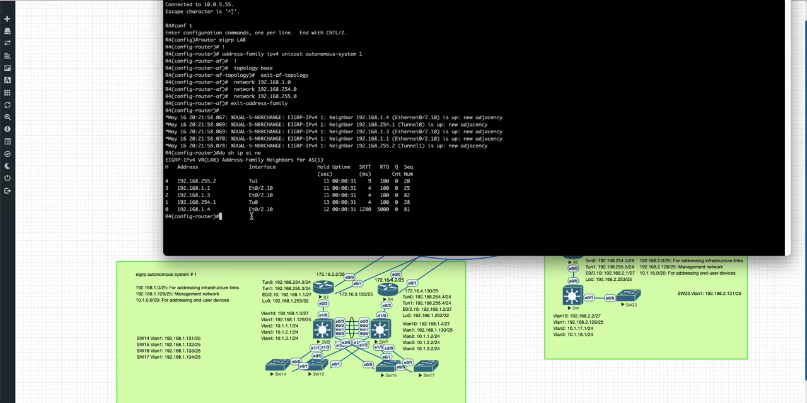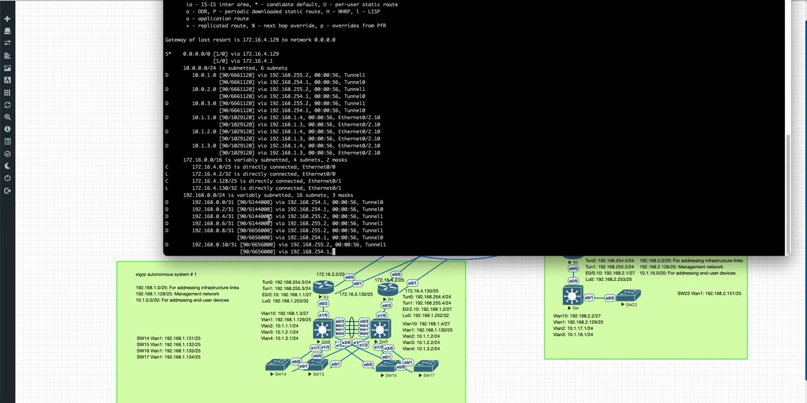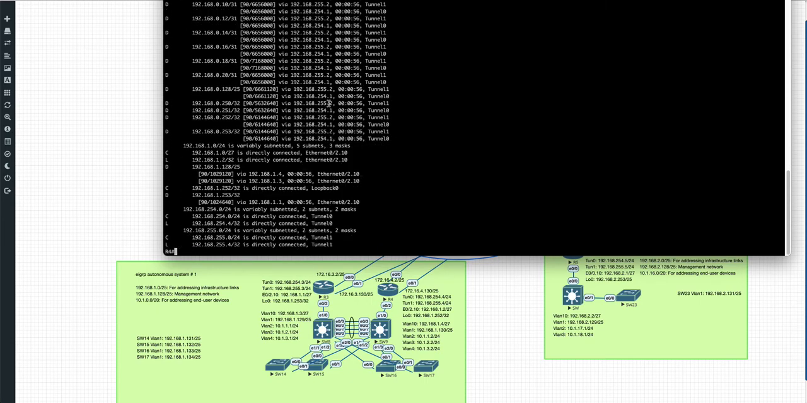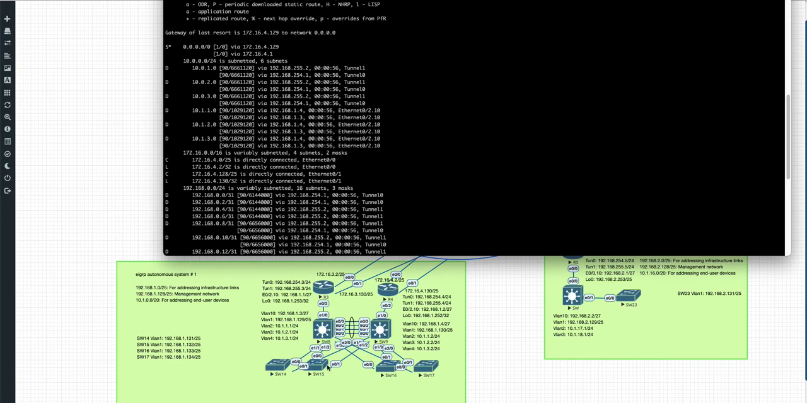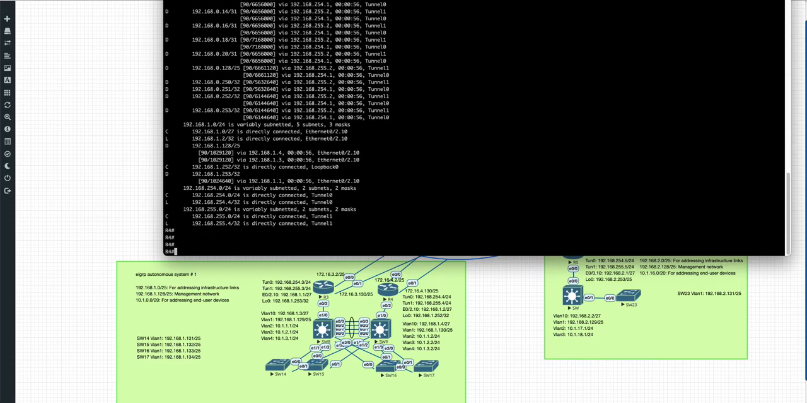R2. And let's check the show ip route command output, and we can see that there are plenty of routes for both internal prefixes of this office as well as for headquarters. But still we don't have routes for small office. For example, let's try to find the route for